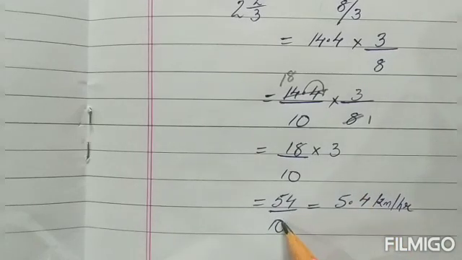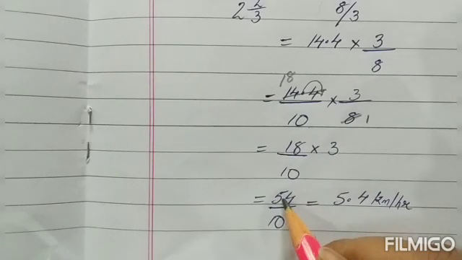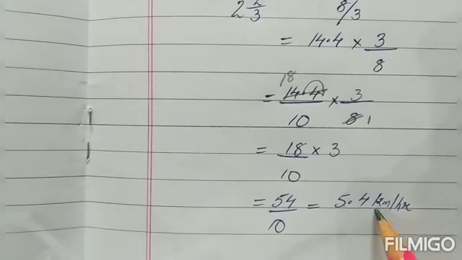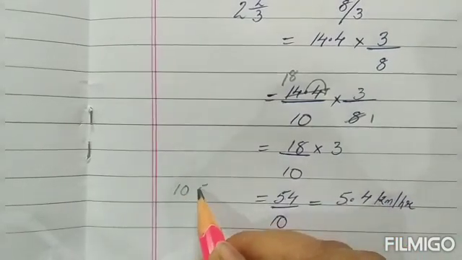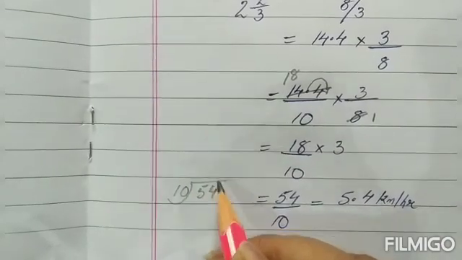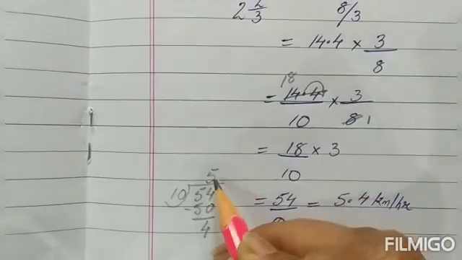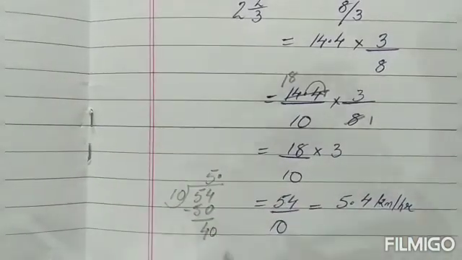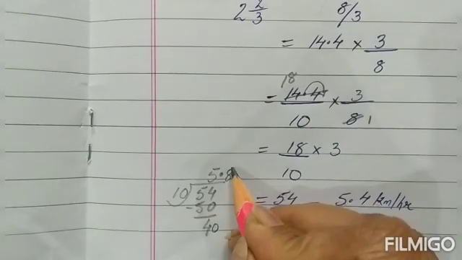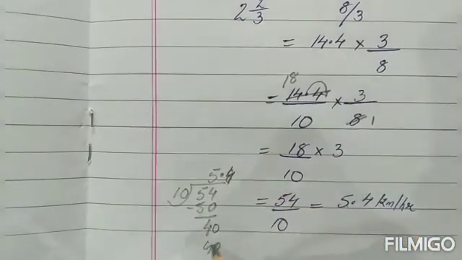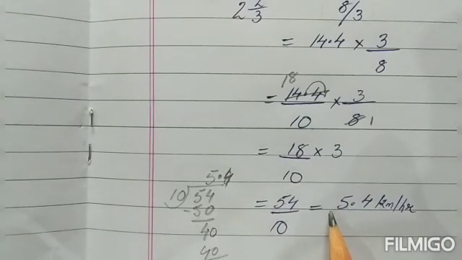Why? Because 1 0 I am removing from here. So I will count one place from this side and I will put a decimal. So my answer is 5.4. Even if you want, you can do the division and you can see 10 divided by 54. 5 times, this is 50. What are we left with? 4. Now point and 0 and 8. 4 and 40. Okay, so this is how I got 5.4. Or straight away, there is no need for doing this. Straight away you see how many places of zeros are here, you count that many places and put the decimal.